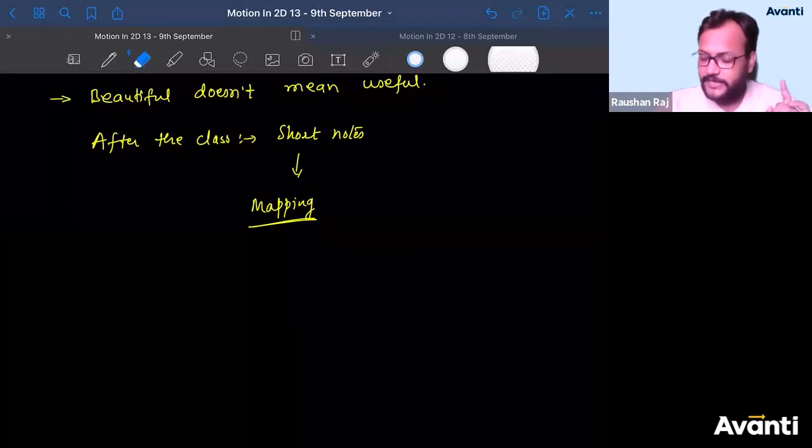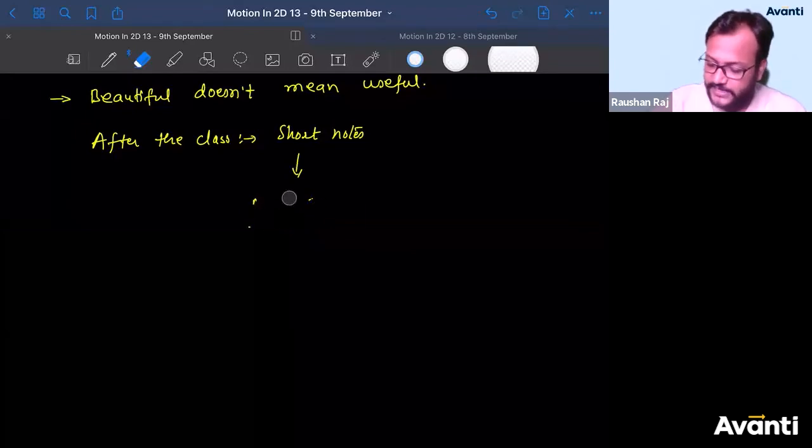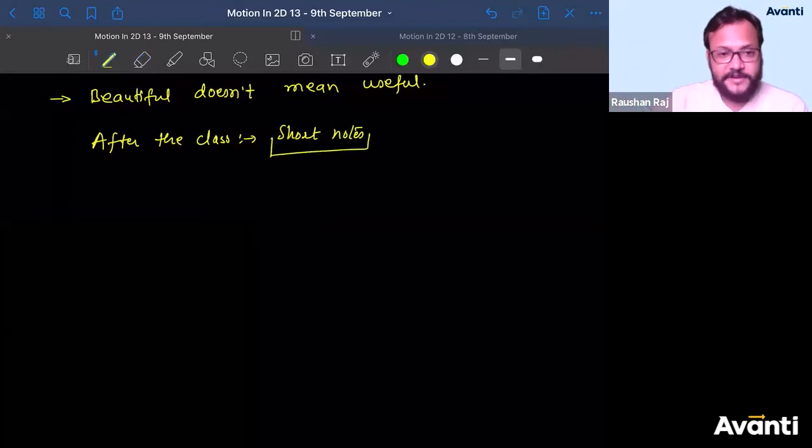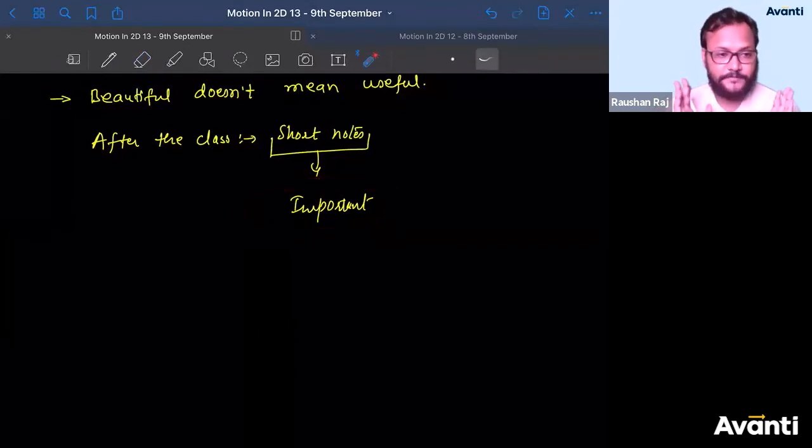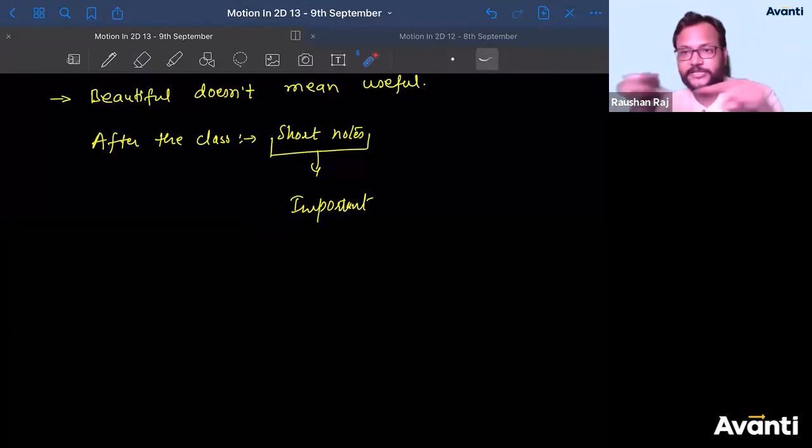Guys, there is one very, like, there is a hypocrisy that every student I have seen follows. When you are making short notes, what is the meaning of short notes, guys? Everything that you are writing in short notes is important, isn't it, guys? Tell me, yes or no? Everything that you're writing in these short notes, they are important. You cannot say that this is not important, right? So what is the meaning of, again, highlighting it in the short notes?